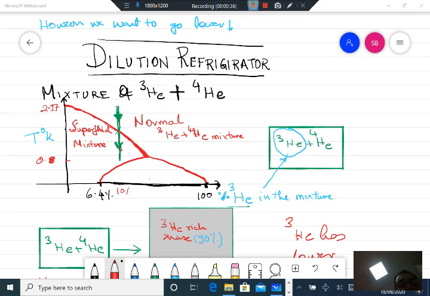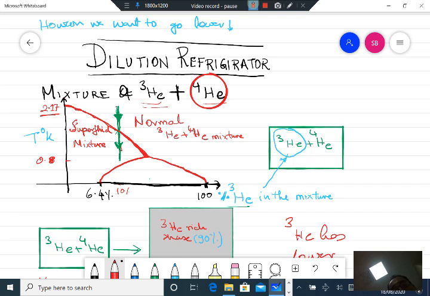If you recall, we have already said that helium-4 is a boson, a bosonic fluid, and so it will undergo a superfluid transition, a Bose-Einstein condensation into the superfluid state, which happens at about 2.17 Kelvin. This is if you have only pure helium-4. But now if you start mixing in a bit of the fermionic fluid, helium-3, then the superfluid temperature starts coming down. The more percentage of helium-3 that you mix in helium-4, the superfluid transition temperature slowly decreases.